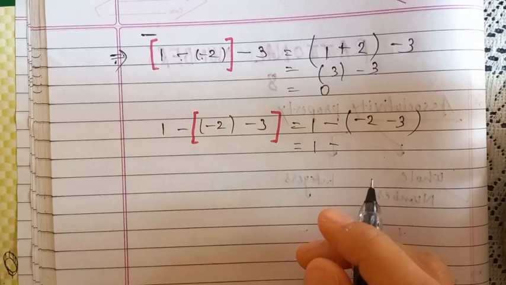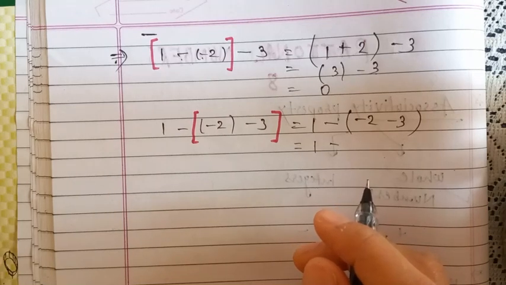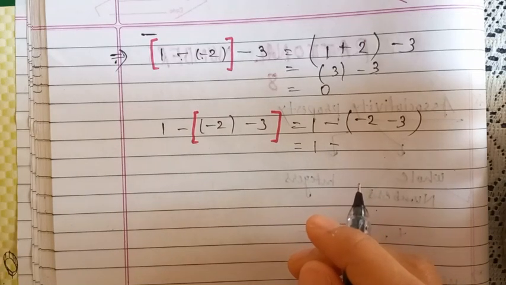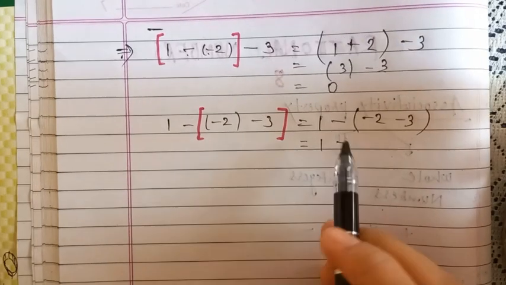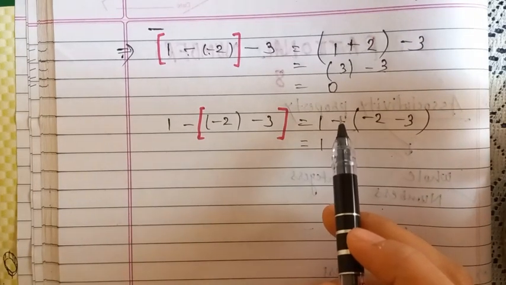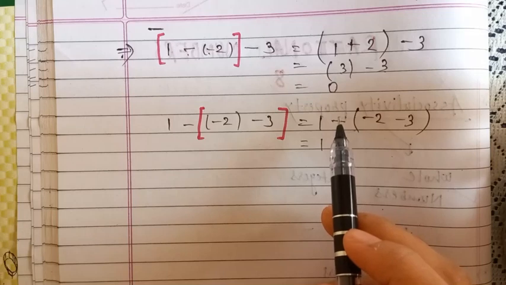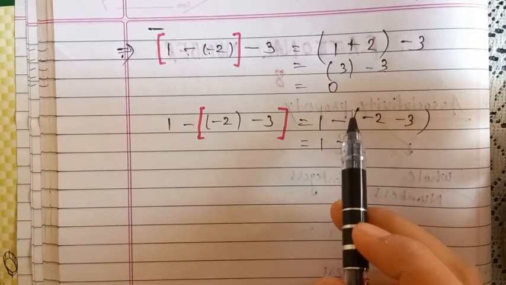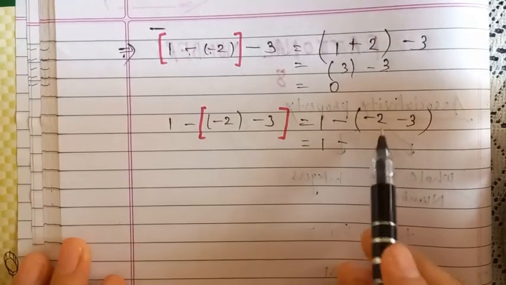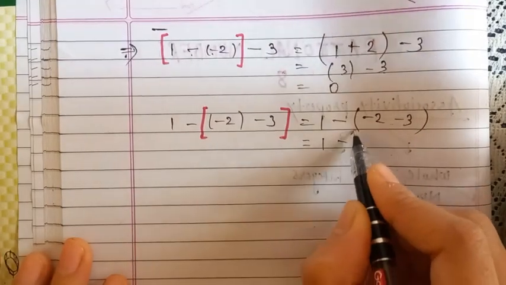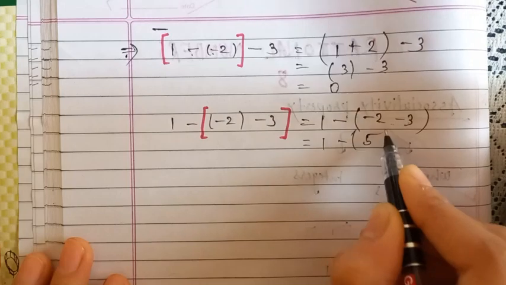Whenever we have two negative numbers, we do addition. If one is positive and one is negative, we do subtraction. Two negatives, we do addition. Two positives, we always do addition. So with two negative numbers we do addition: 2 plus 3 is 5, but